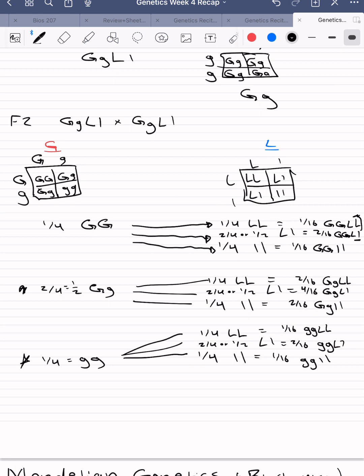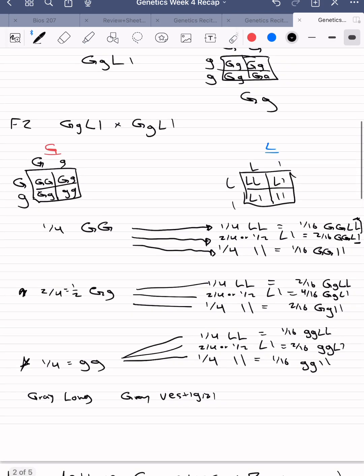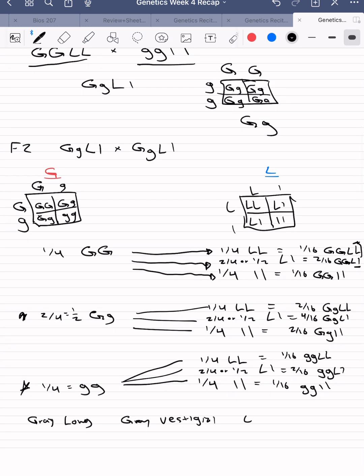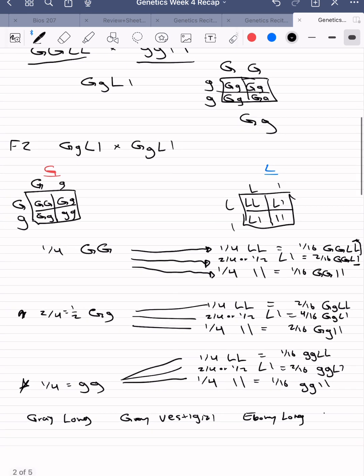So if we count up all the different phenotypes that we have, we're going to have a gray individual with long wings, a gray individual with vestigial wings, an ebony individual with long wings, an ebony individual with vestigial wings. We would see that we have